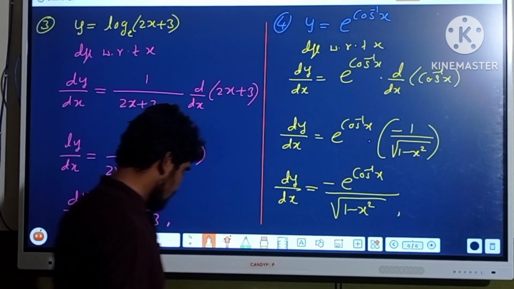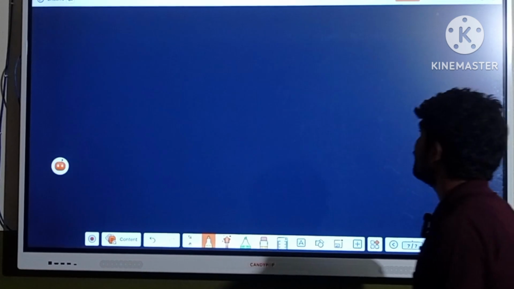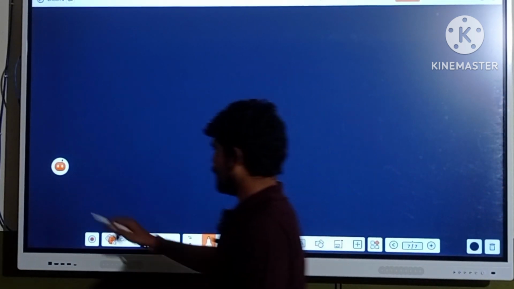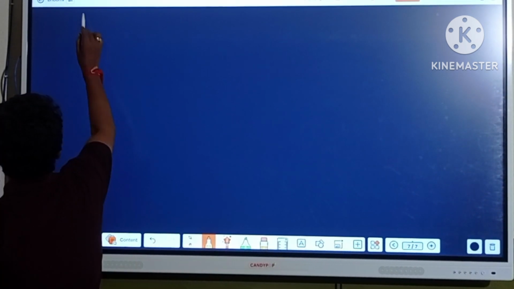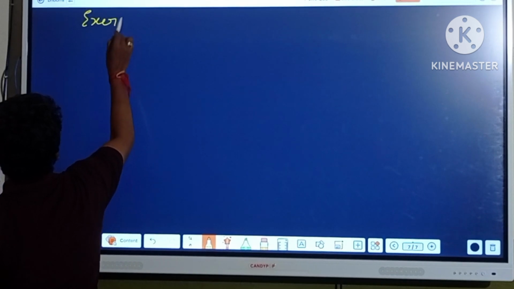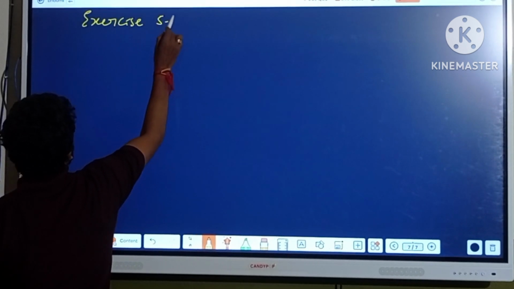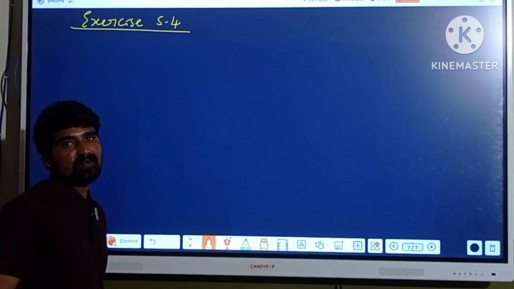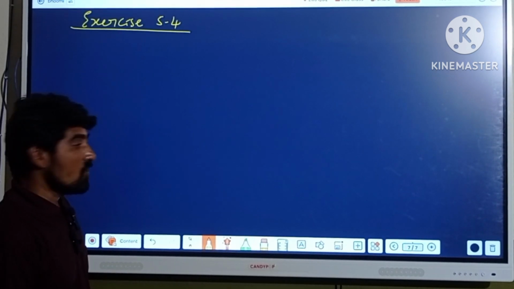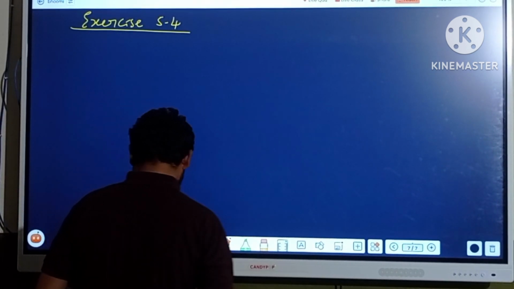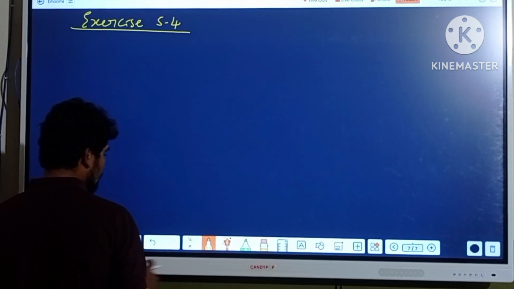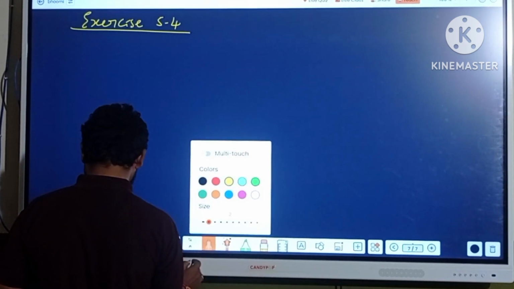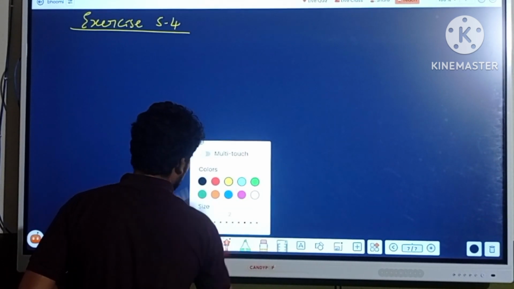Let us start exercise number 5.4. Now I am going to discuss the questions from exercise 5.4. In this exercise, the questions are regarding the derivatives of exponential and logarithmic functions. So here the question is, find the derivatives of the following functions with respect to x. And the first question is,